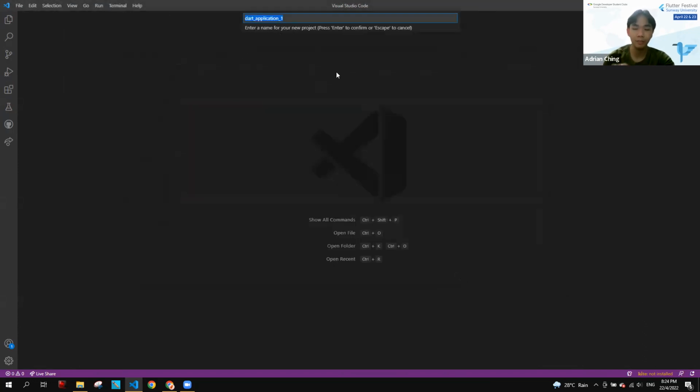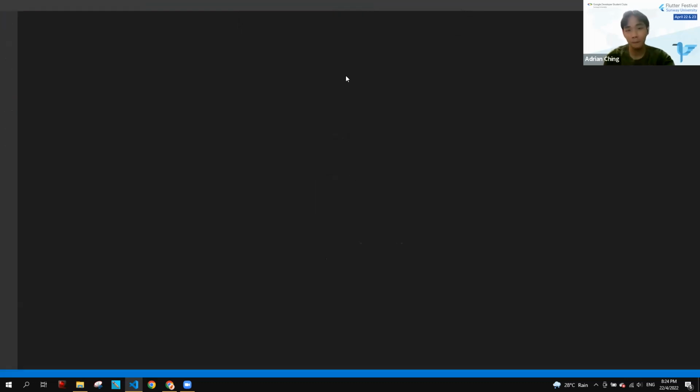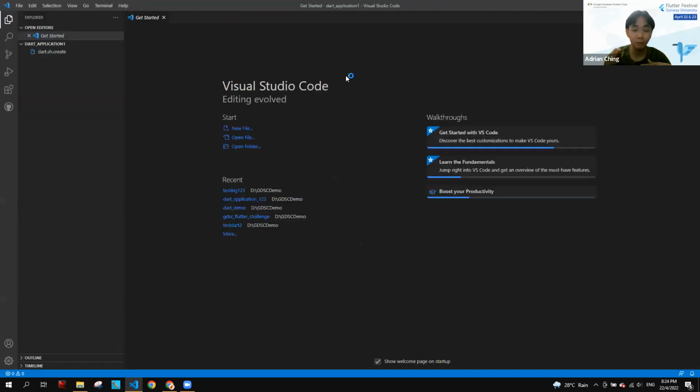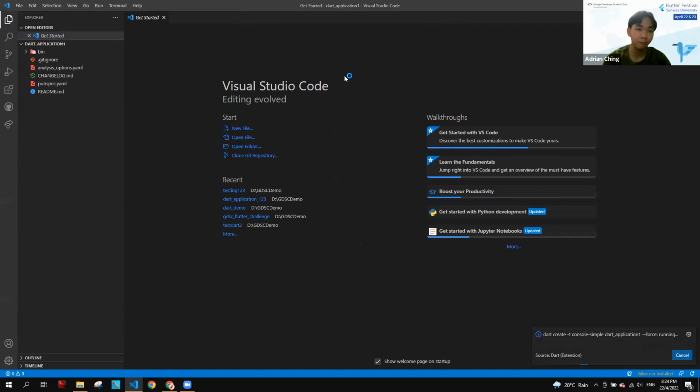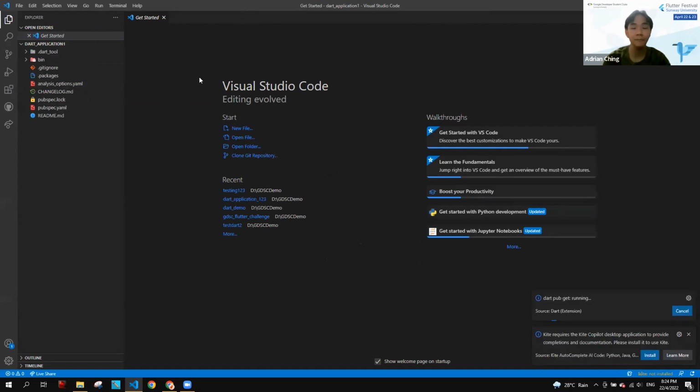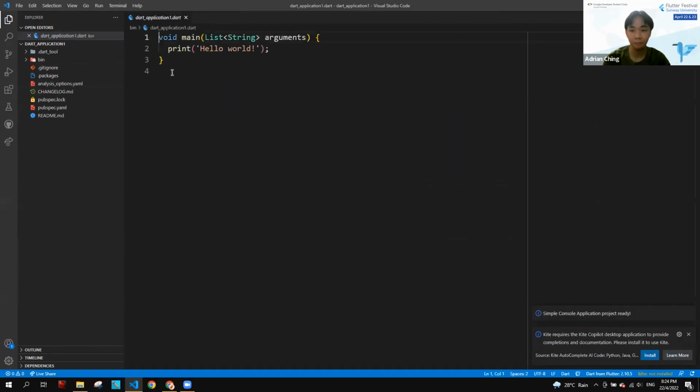The name can be anything you want, but if it's an invalid name, it will tell you. Once you've created it, it will automatically generate all of these files. Don't worry about these files for now. And that's it, you should see something like this. So now you can start running actual Dart code.